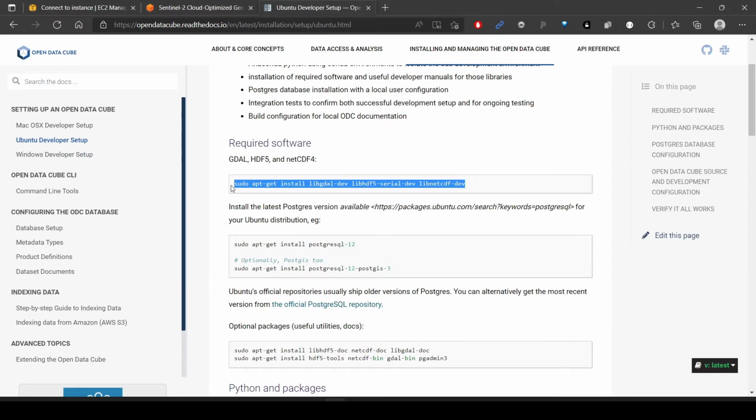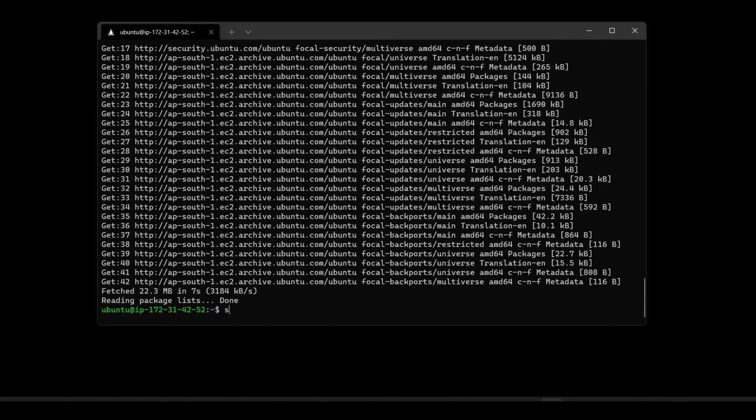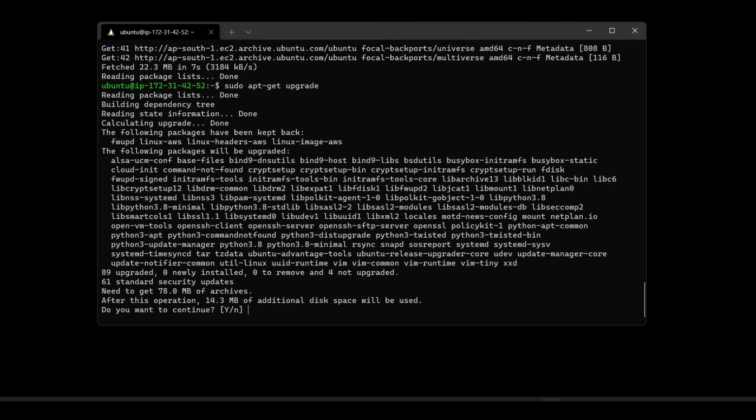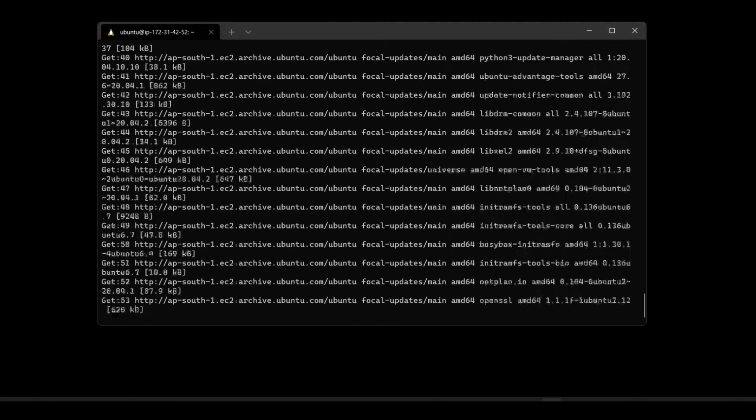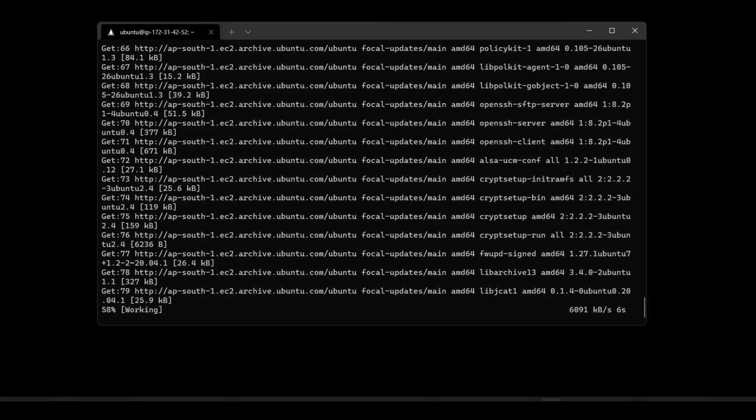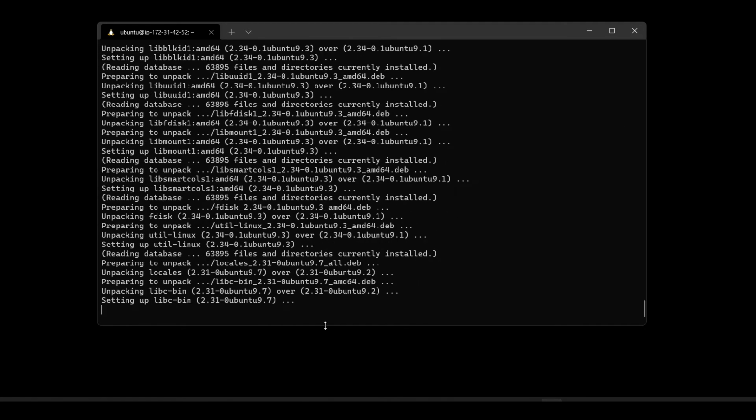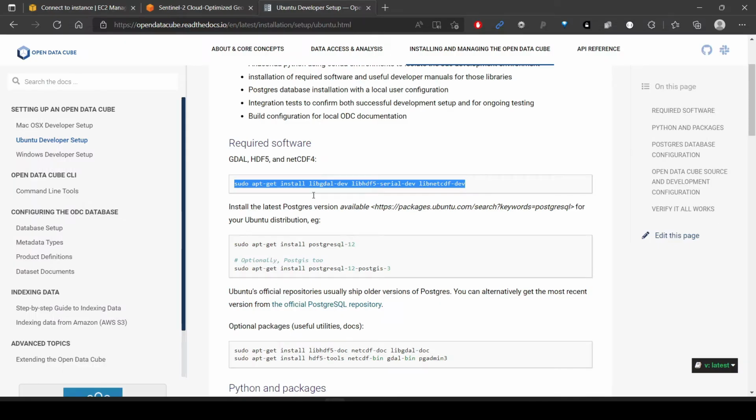So it is best practice to first do it, and then additionally you can also do sudo apt-get upgrade. If you're doing it on a production environment, it is best to have the latest patches installed. So basically let us see what steps we're going to do.